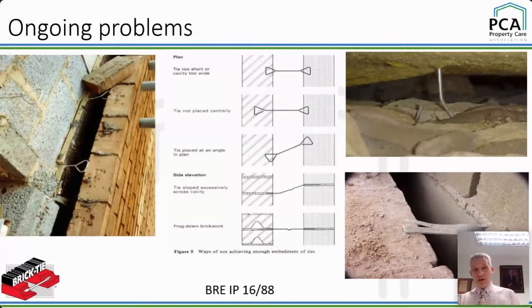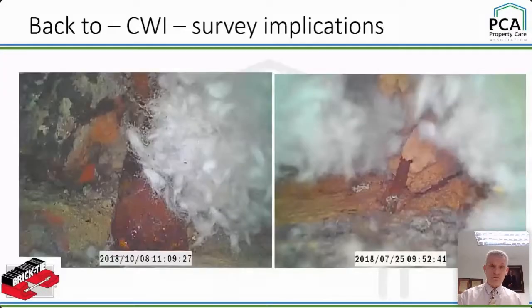Top right, be very careful when the outer leaf is natural material like stone, because the front face may be plumb, but the back face will be all over the place. The poor brick has got to build it nice and neat. And if the ties have gone into the blockwork in advance, but not long enough, or they've put them in too deep, you get that poor embedment. All right. So, bring us up to date. We're running out of time.